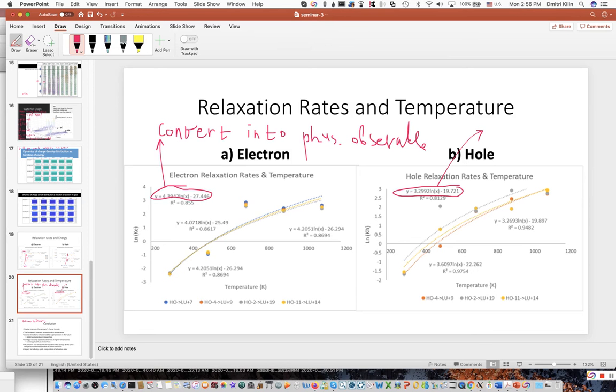I understand that a smart reader would understand that X equals temperature, and Y equals log of the rate. But it would be better to write it explicitly,